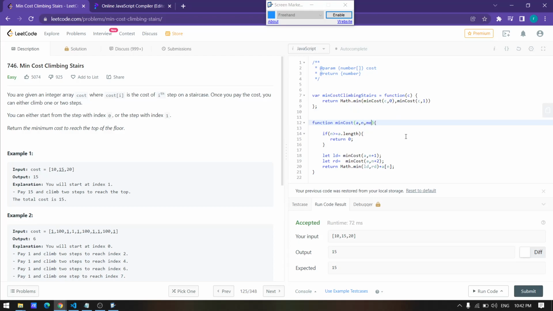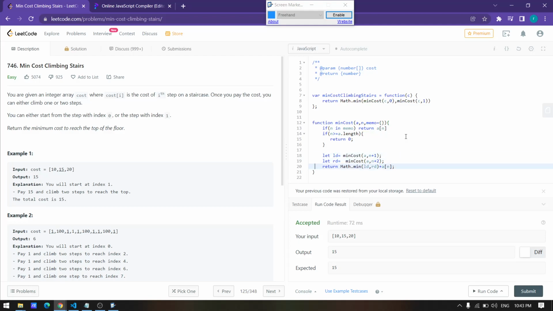So I will create one memo object here, and if n is in memo, I will return the value of a of n. So by now it is correct.